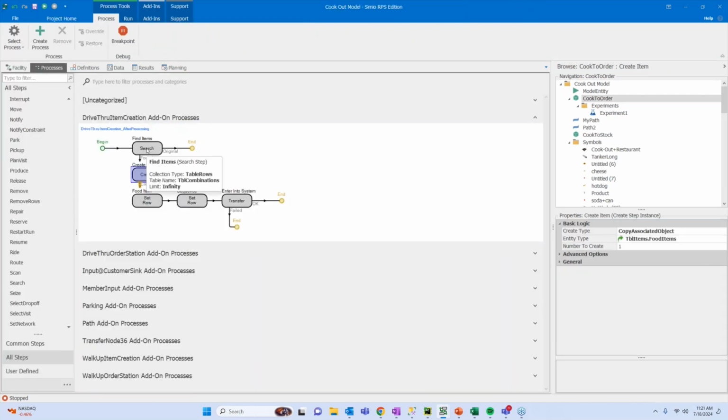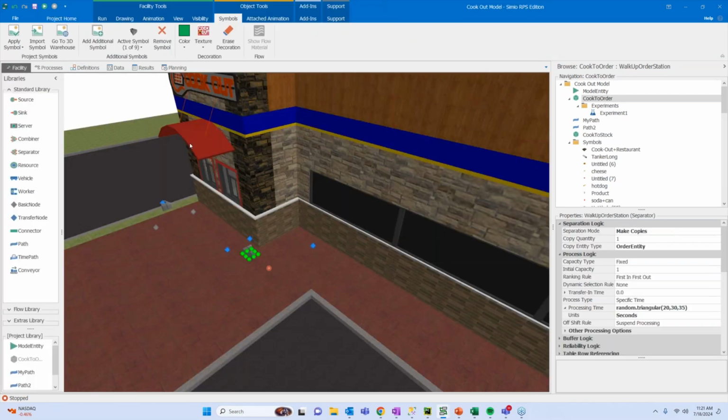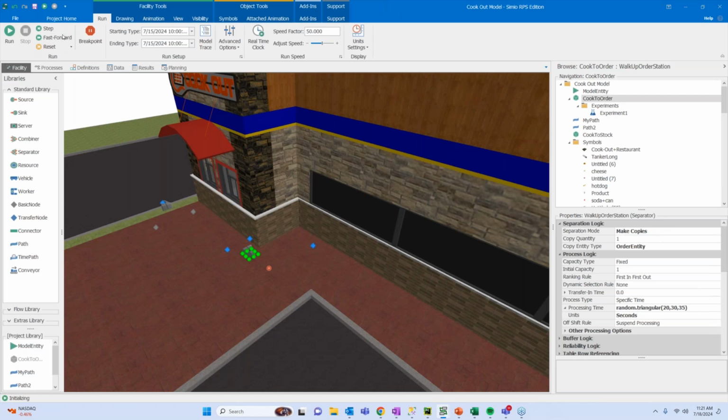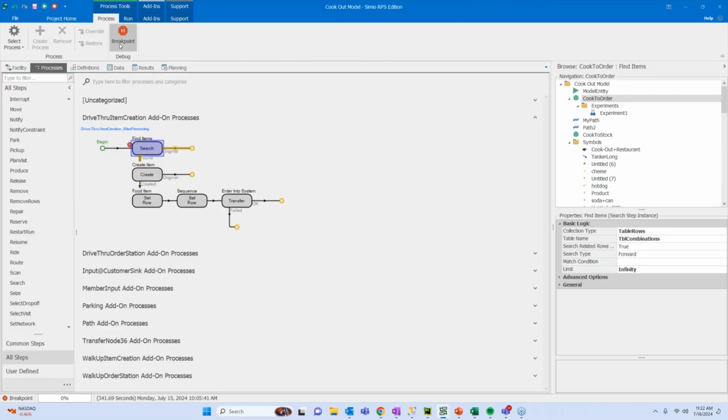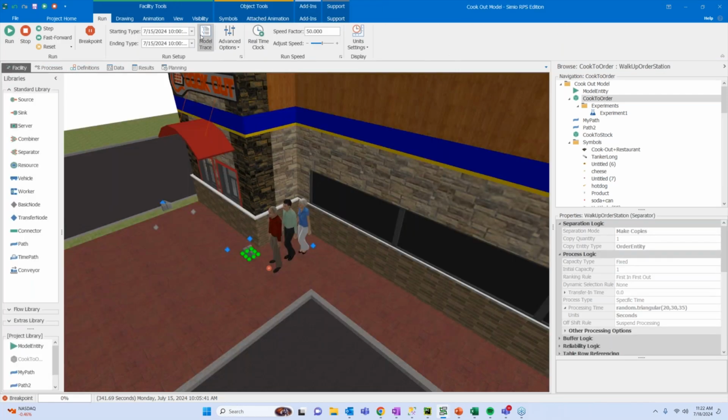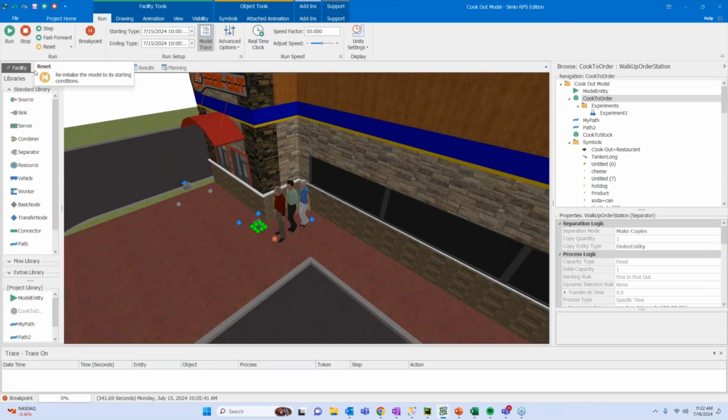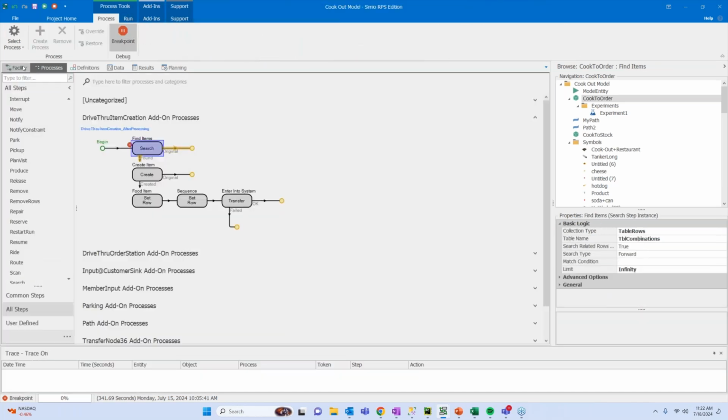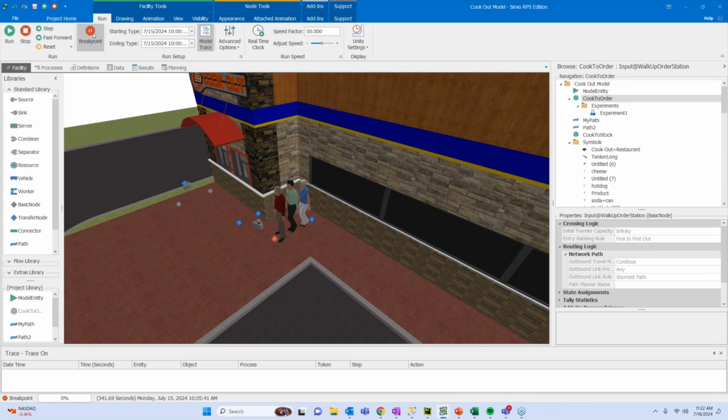So we had the order go in. So let's assume we again run here. They came here and they ran their order, and let's say they came up with a given combination. So we're going to put a breakpoint here, and we're going to look at trace to see what process logic is taking place. And I'll remove this breakpoint.